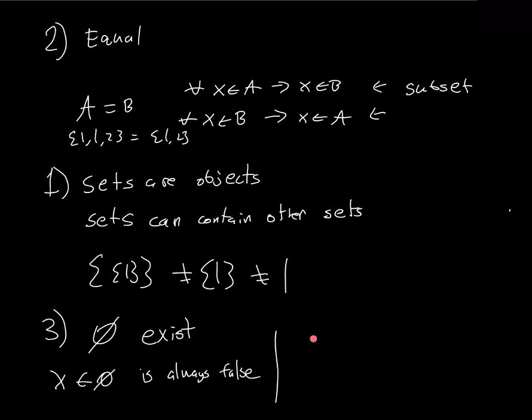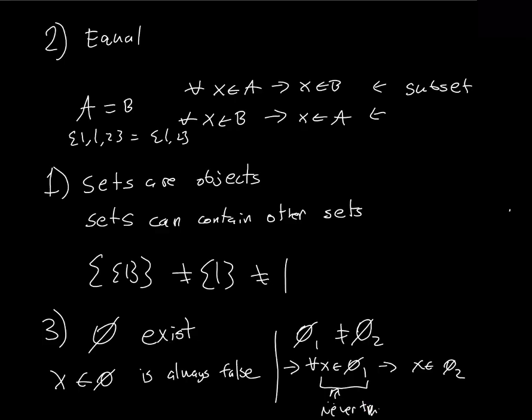One thing that you can easily prove is that the empty set is unique. Assume that we have two empty sets that are not equal to each other. Then we have, for every element X in empty set 1, X is in empty set 2. Why is this true? This is vacuously true, right? Vacuously true means that the hypothesis is never true, so the whole statement is true. And likewise for the other implication. So therefore, these sets are actually equal to each other, and we have a contradiction. All right then. So there we have it: the empty set exists, and it is unique.